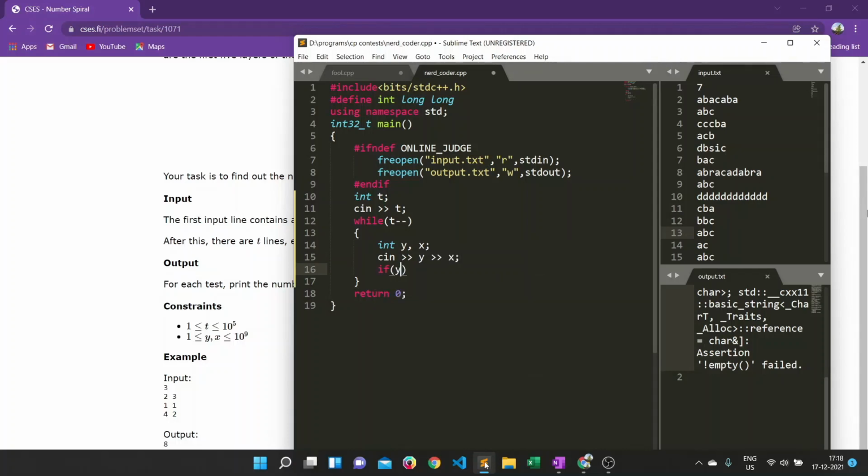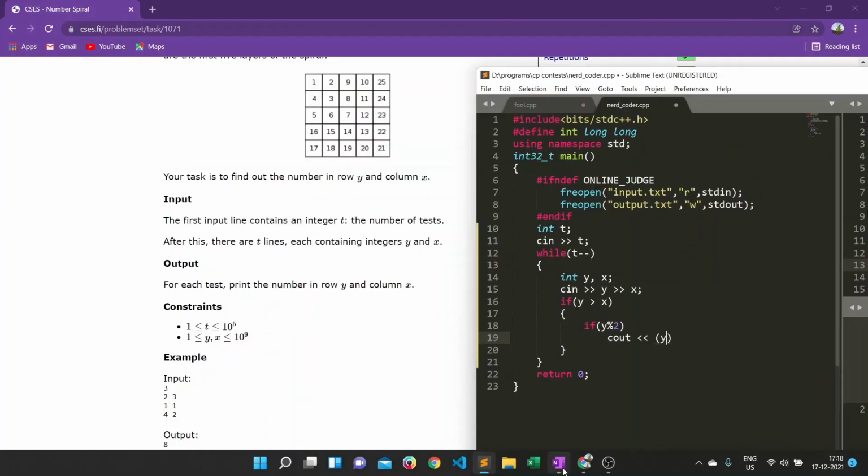Now what we are doing: if y is greater than x, then we are checking if y is odd. y minus 1 squared plus 1 will be the first element, and then the difference between the columns.